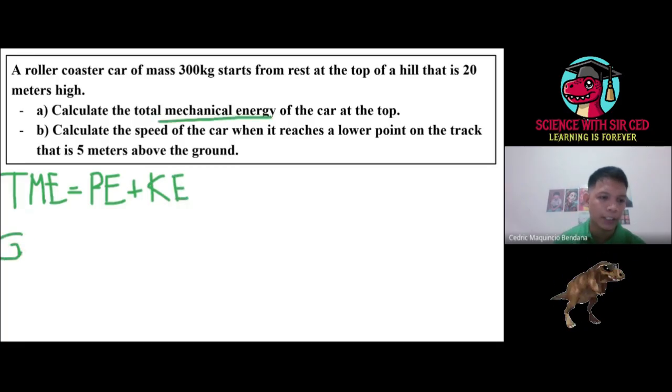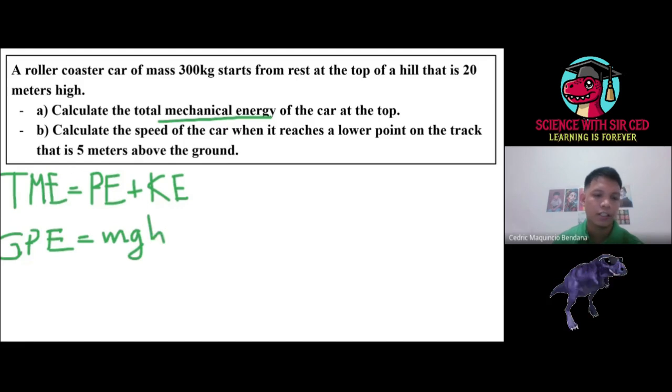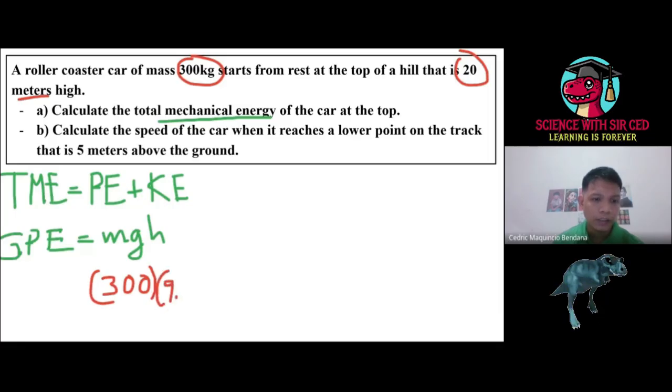So we go to GPE first. How can we calculate GPE? mgh. Let's make sure the variables needed are all present. Do you have mass? Yes. Do you have gravity? Yes. Do you have height? Yes, 20 meters. So everything is present. Let's put 300 multiplied by gravity multiplied by 20. Using your calculator, 300 multiplied by 9.8 multiplied by 20, you will be getting 58,800